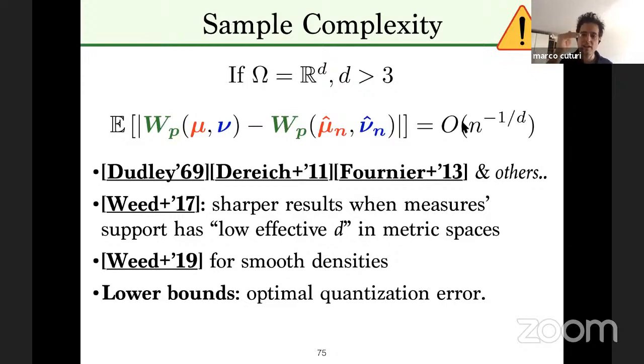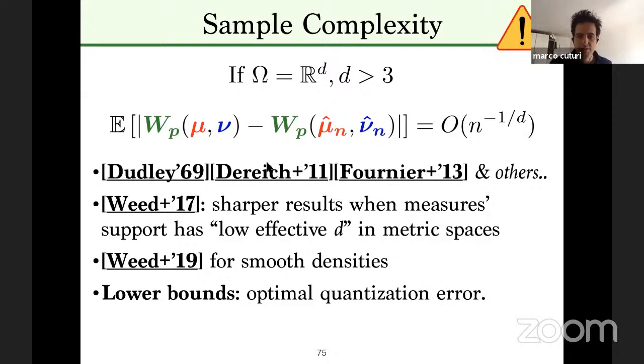So this will decrease extremely slowly in high dimensions. If you're in dimension 10, you would need n to the power 10 more samples to get an improvement in this estimation. And there's a long literature, and people are trying to